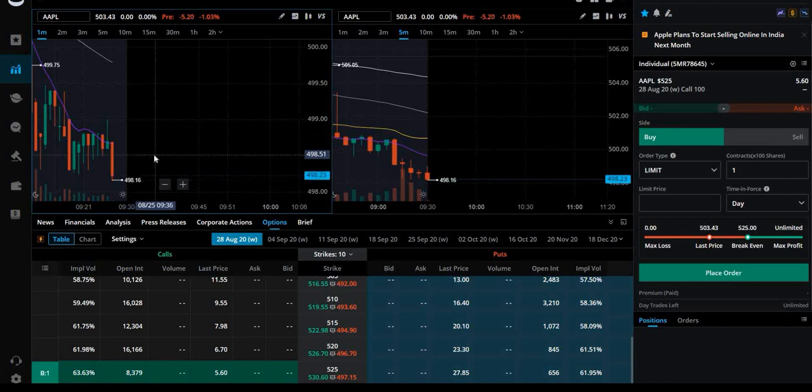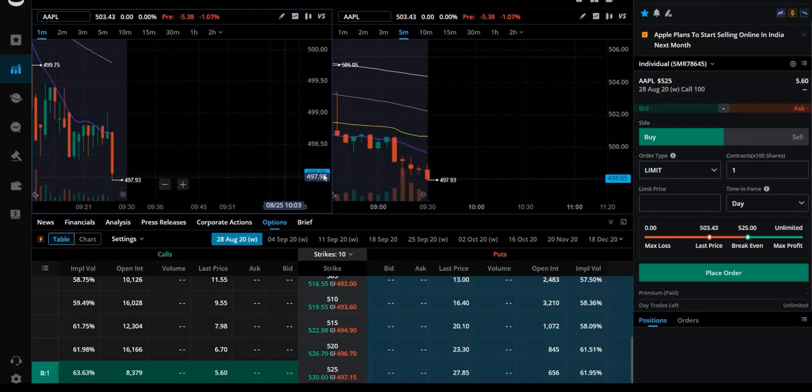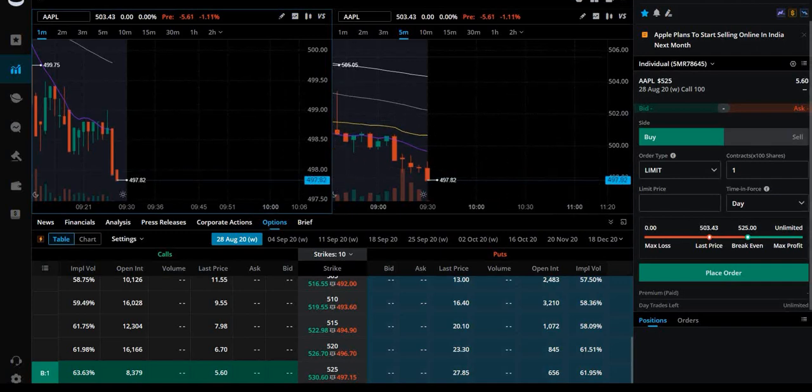once the premiums came up, they were expensive again. So I decided to get in way out of the money, probably like 40 bucks out of the money. The options were like 300 bucks a contract. But